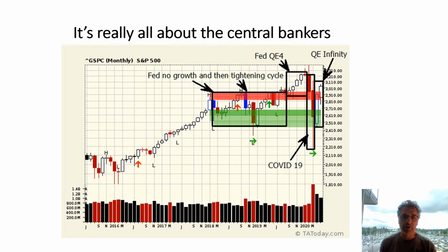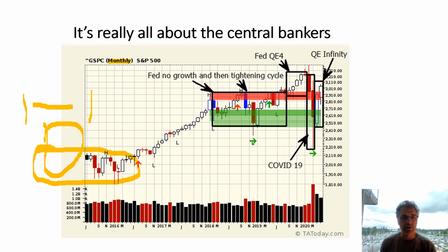Here's that chart I was just talking about. If you go back and look, and I've got this on a monthly so you can see the last few years. Now, of course, there was a lot of Fed stuff that took place from 2008 up until about 2013. There was a lot of stuff that took place. Then we went into a big consolidation, '15, '16, and then we took off again. This was the Trump bump, right, off the